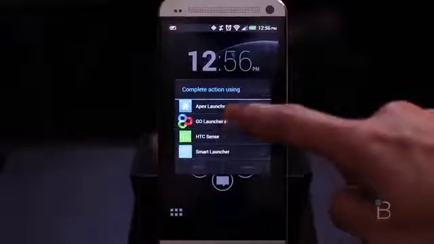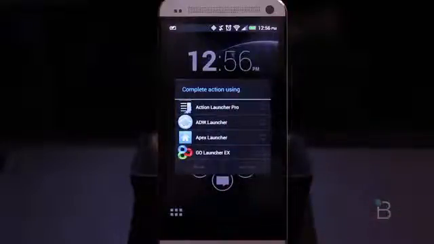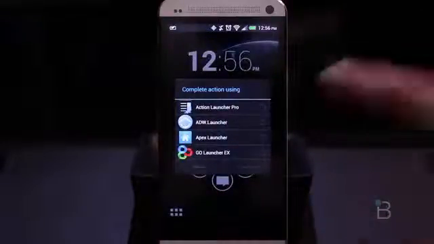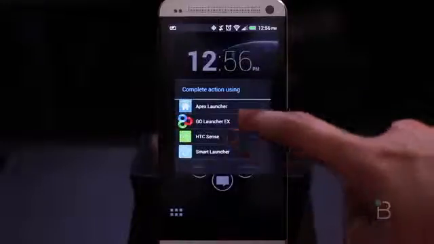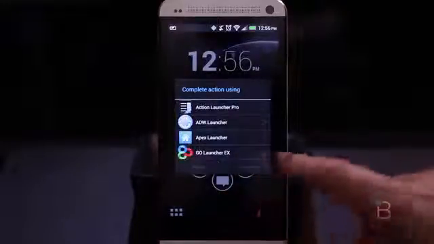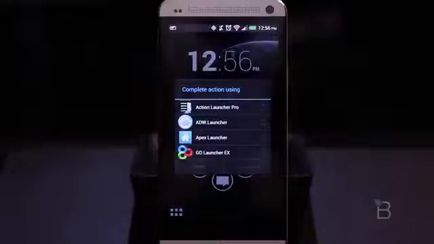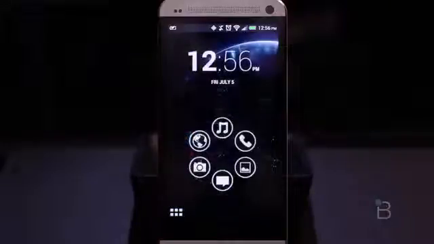You can see I have quite a few of them installed on here. I've got 6 including HTC Sense. But I just want to remind you guys that a lot of these have free trials. So you can go right into the Google Play Store, try them out, and if you like them, you can buy the Pro version or the paid version that will unlock additional features. I know there are some like Nova Launcher that are very, very popular out there,